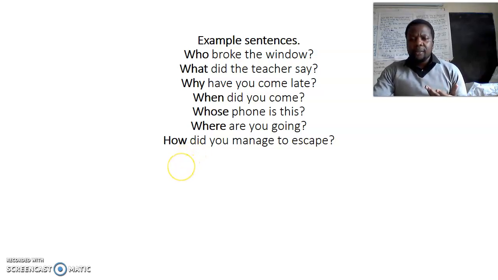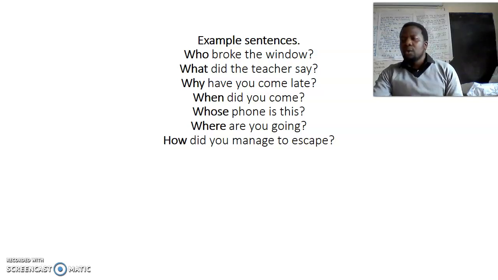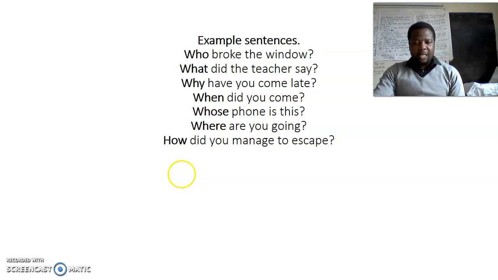You came when? That is wrong. Whose phone is this? This phone is for who? No. Interrogatives should always come at the beginning of a sentence, not at any part of a sentence. And whenever it's used at the beginning, it's no longer just a sentence, but it's a question. It is a question, and therefore at the end, it should be punctuated with a question mark. And lastly,